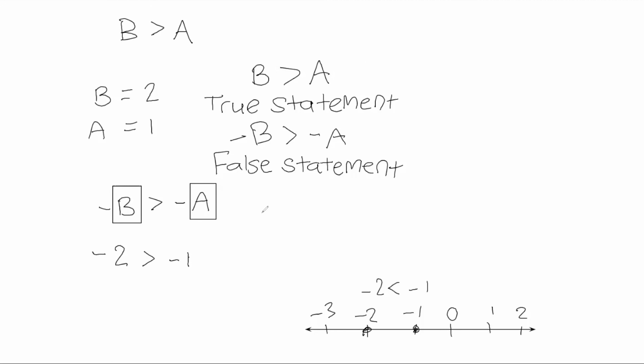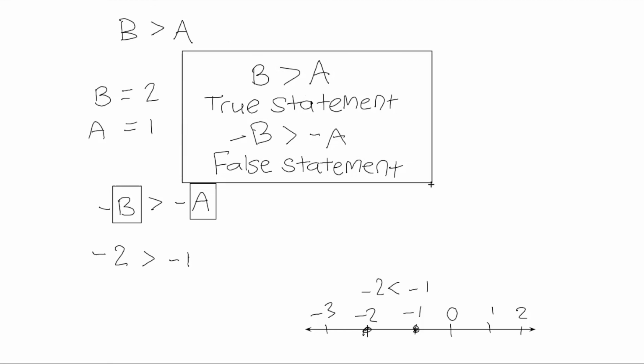So we know that b is greater than a is a true statement, in that we just found out that if we multiply them both by a negative number, it turns into a false statement. So this is the biggest thing I want to emphasize in today's lesson, that whenever we make numbers negative,